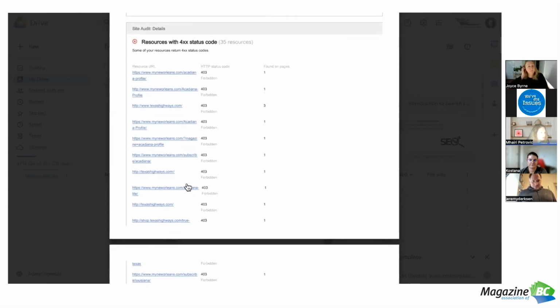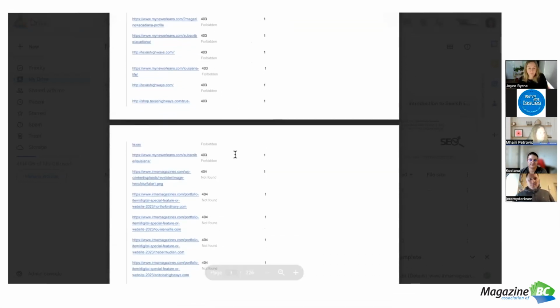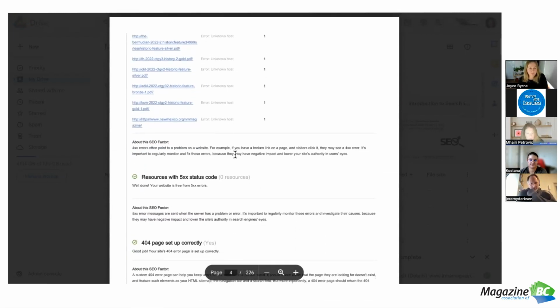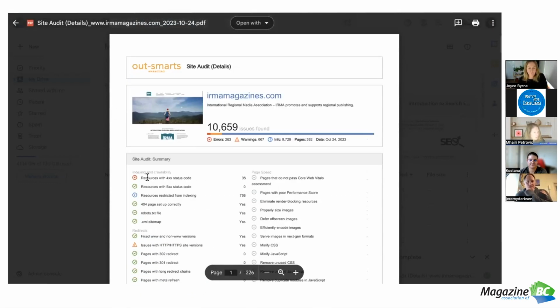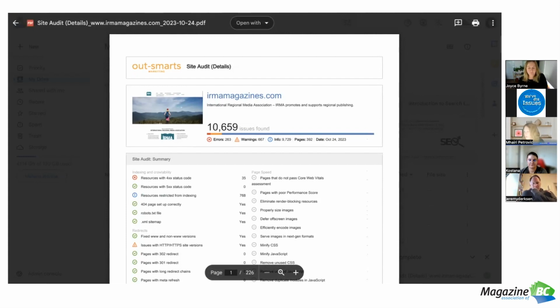Now, this report actually goes into more detail as well. It tells you what all of those broken links are and where to find the issues they're having with the site. So I know it sounds complicated, but focusing on, in this case, your 4XX errors, the things that are broken, will help to improve the rank and positioning of your site.